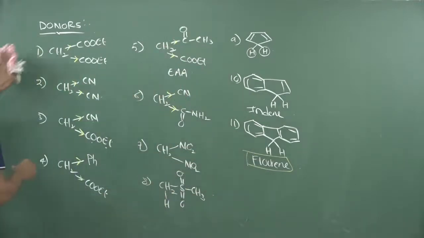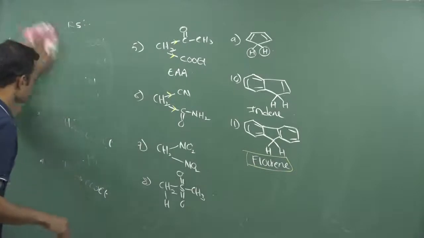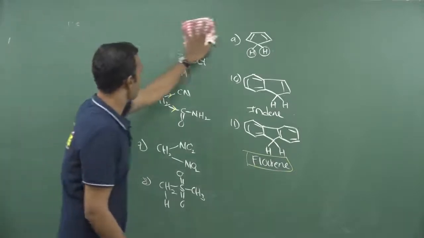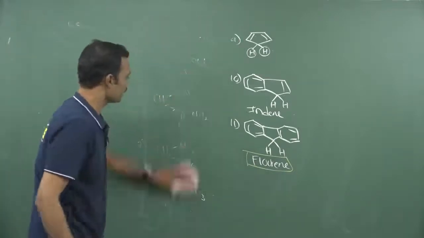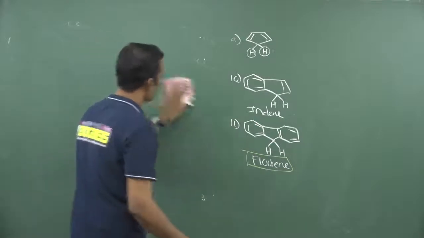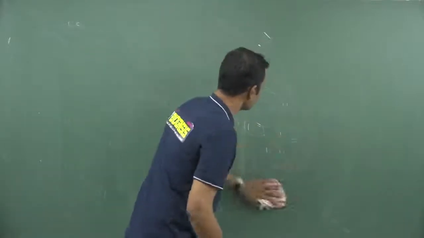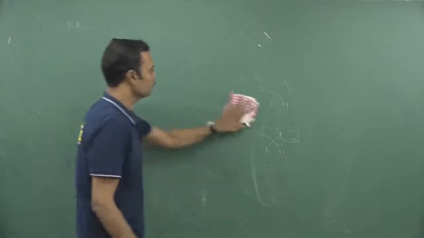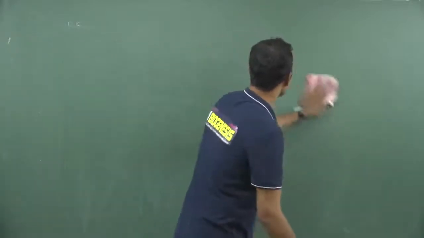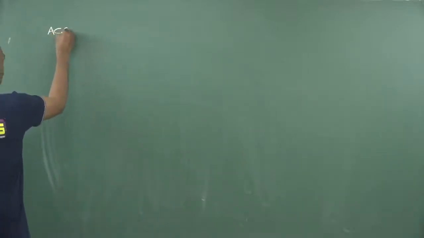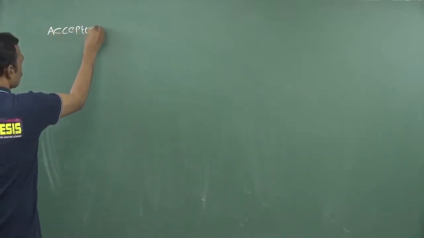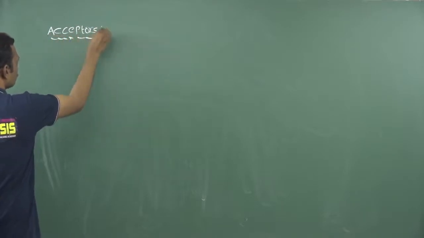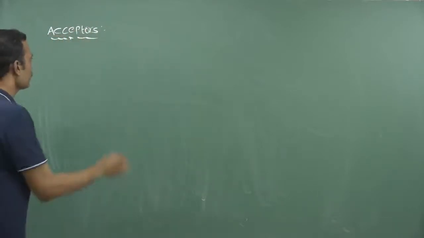Now go through some cases of acceptors. So donors carry at least one hydrogen, and one more hydrogen is required on the same carbon, so that it will bounce back and donate its hydrogen to alpha carbon. That is a donor. Now go through acceptor. Which kind of acceptors are required in this reaction? So now I am taking acceptors. What are the available acceptors in this one?